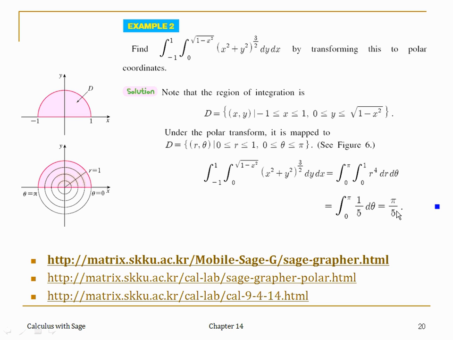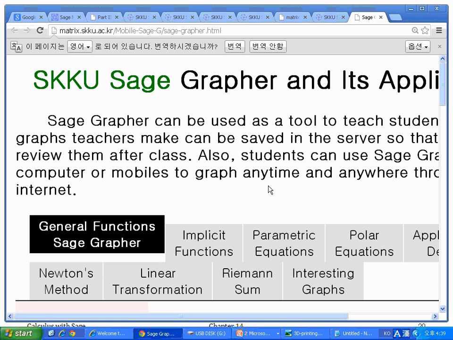Okay, so sometimes a double integral over a region like this can be more easily obtained by transforming to polar coordinates. When you draw the graph, you can utilize this grapher